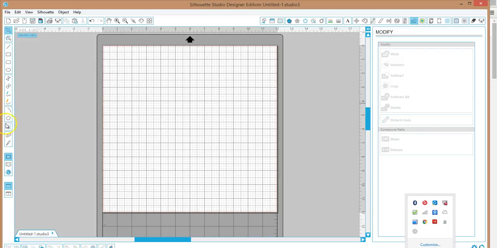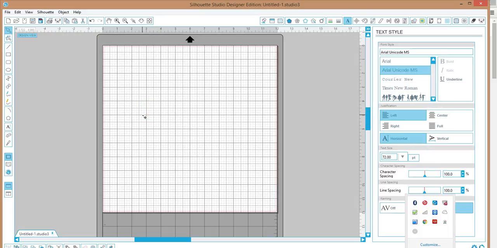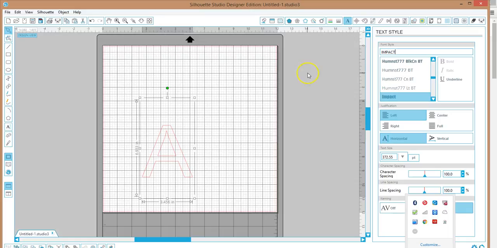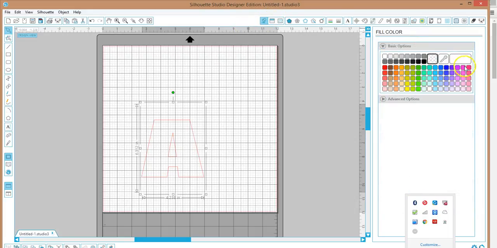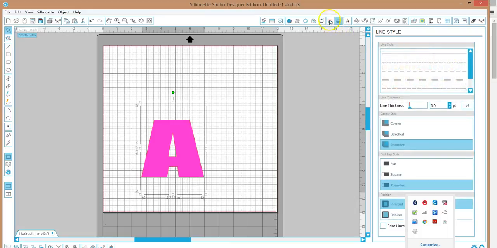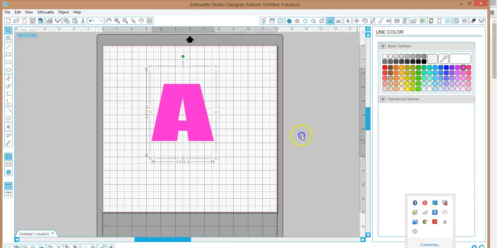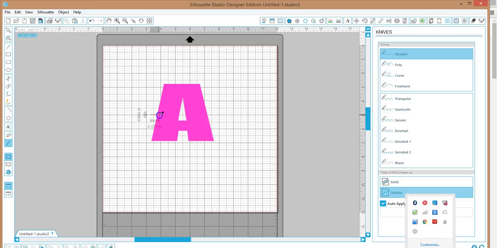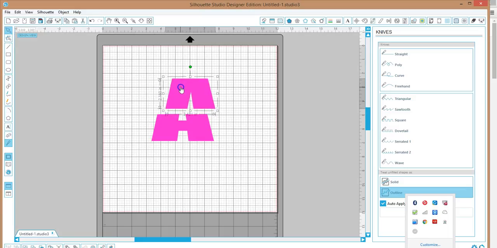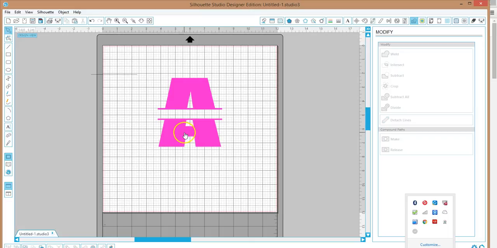I'll show you. I'll put my letter A. I put the letter A, and I'll use Impact to make it a bigger font, just to kind of show you what I'm doing. Pink. Oh, instead of using pink and pink, now what I'll do is I'll use my knife. I'll cut the A. I just split the A. Now to make sure we have it separated,